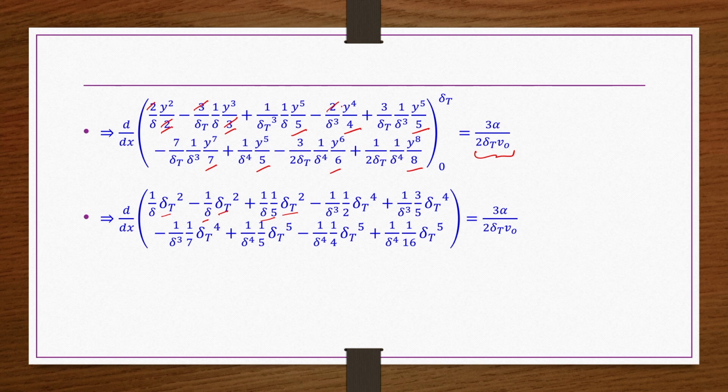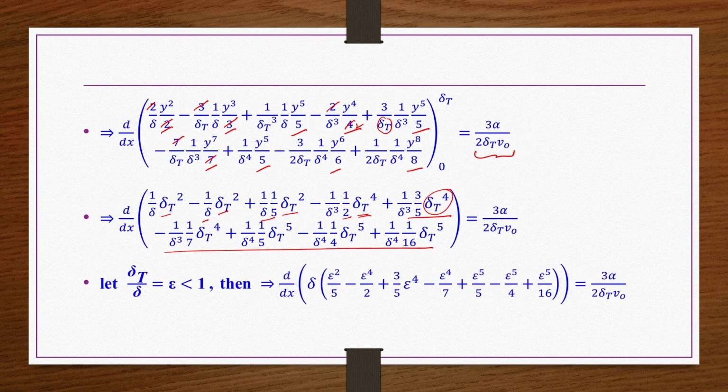Next step here 2 and 2 cancel. So, 1 by delta cube 1 by 2 as it is and then y power 4. So, after substituting the limits delta t power 4, then here 1 by delta cube 3 by 5 as it is and this y power 5 is now delta t power 5 divided by delta t. So, then you get delta t power 4. So, like that remaining terms also done here like this and then we take delta t by delta is equals